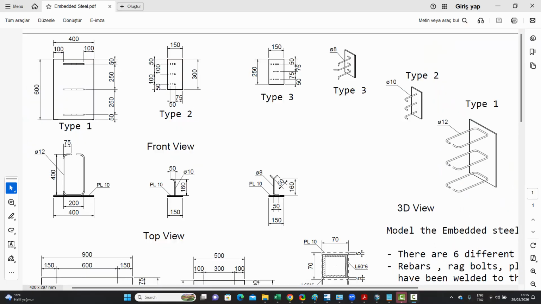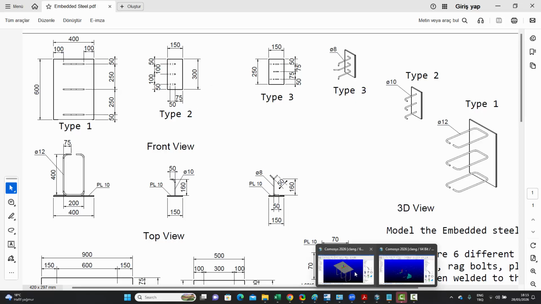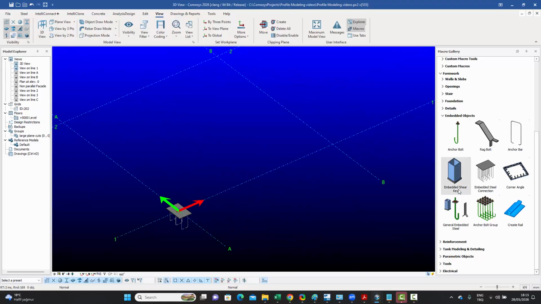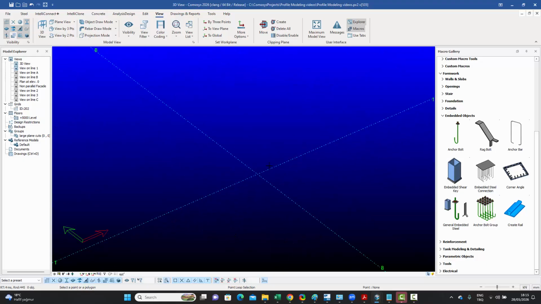Now, type 2 is basically very similar to type 1, the only difference being that the anchor bar behind it is not shaped like this, it's shaped like an L. So let's immediately go in and try and create that. Let's zoom out a bit. Let's select the same tool. Click on this point, right click,